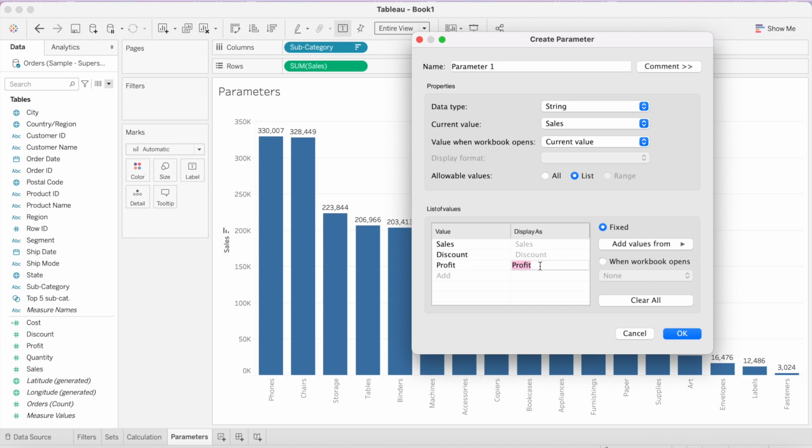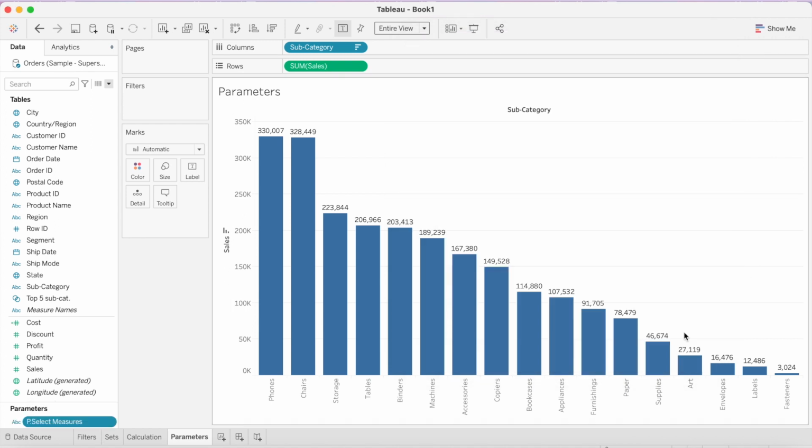So once I add that in the value, we will see that they are displayed also as sales, discount, profit. You can change that if you want to make any changes. I want to keep the display the same. So once this is done, let's rename our parameter as p dot select measures and click OK.